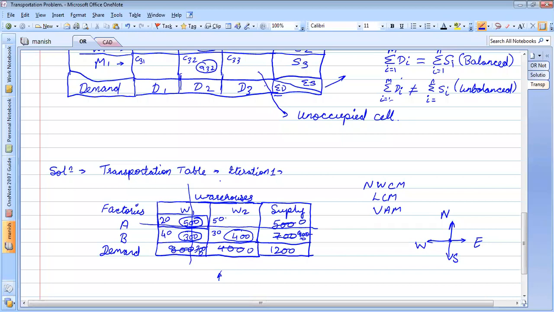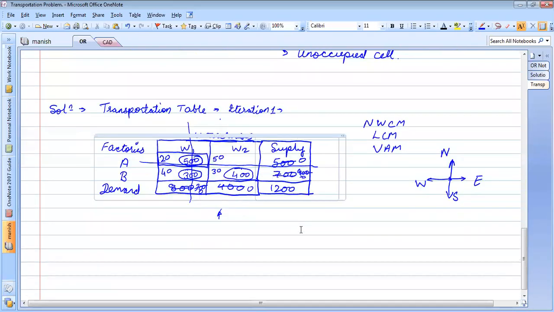No allocation means that from factory 1, no products will be transferred to warehouse 2. Since all of factory 1's production is going to warehouse 1, everything produced by A is being supplied to W1, correct?